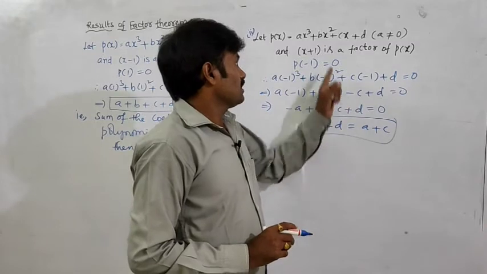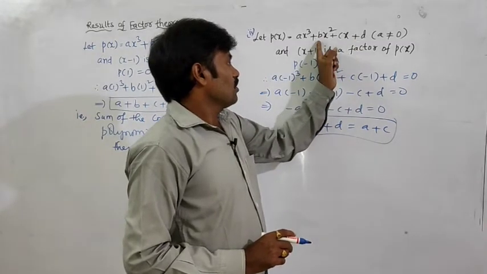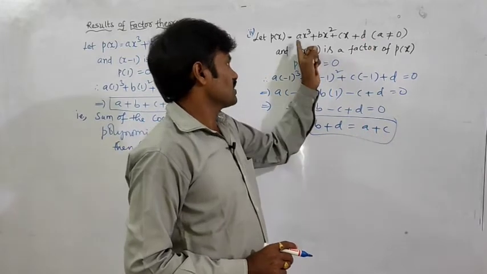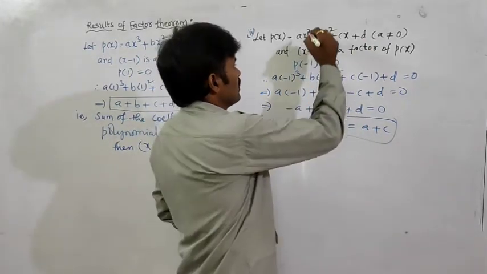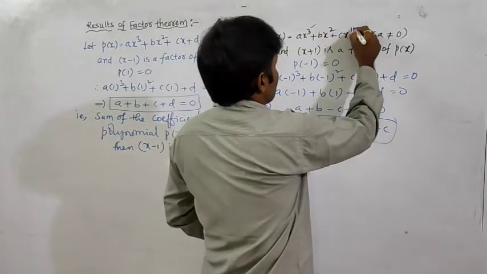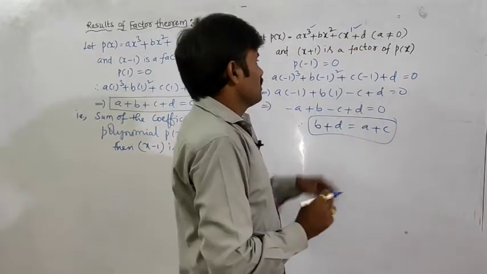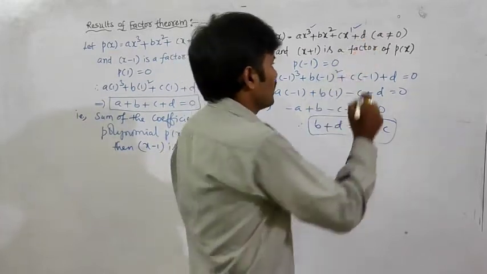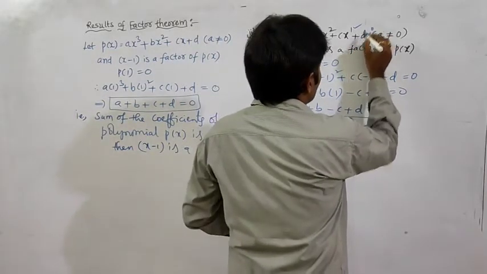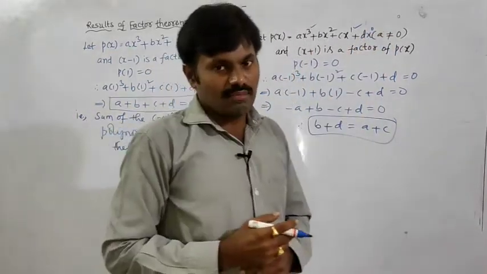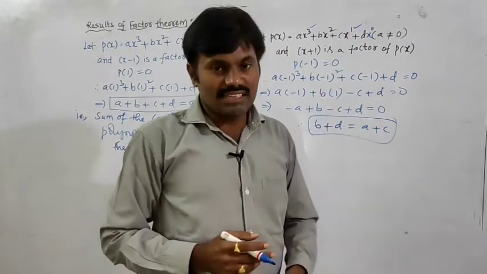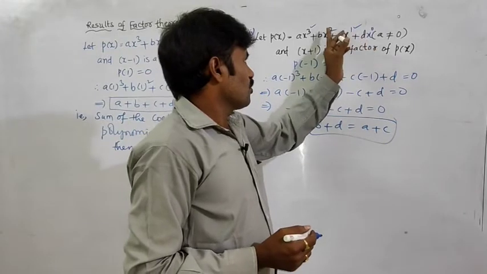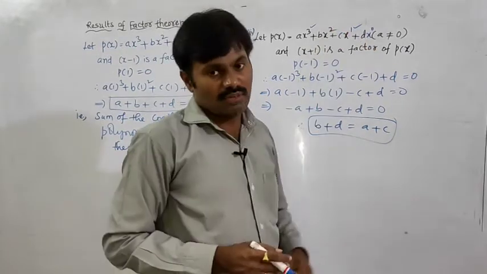Here what are b and d? b and d are the coefficients of even powers. a and c are the coefficients of odd powers. So here 3 is the power, here 1 is the power, so these are odd numbers. 2 is an even number, and for d there is no power written, but we can write it as x power 0. But 0 is not an even number? Okay, we can say that it is even because it is divisible by 2. So b and d are the coefficients of even power terms.